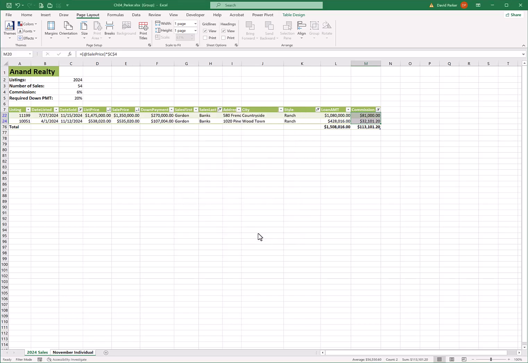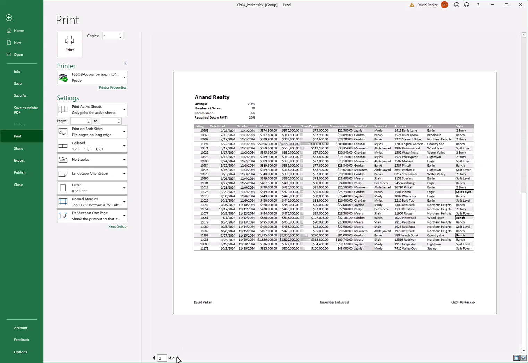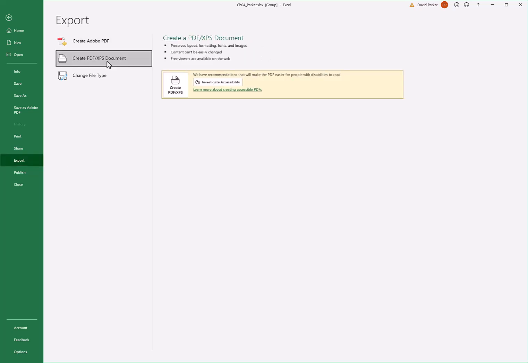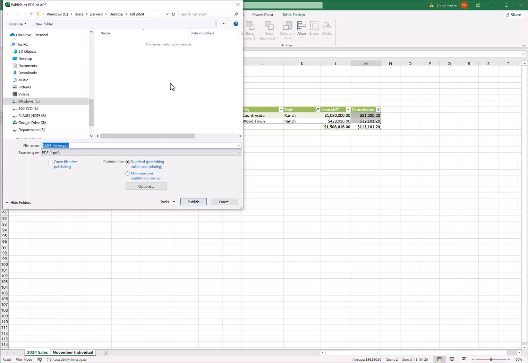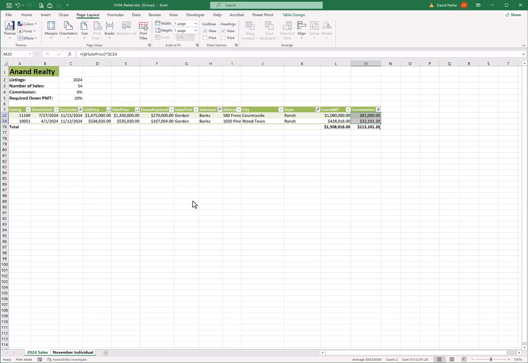Let's do a quick print preview. I always want to see my work before I turn it in. I'm on 2 pages. Perfect. Page 1 looks good. Page 2 looks good. That's perfect. Now, being that I have everything set up the way I want, I will go File, Export, create a PDF or XPS. Boom. I don't have to change anything, but I do have to make sure I select Options, Entire Workbook, OK, Publish,